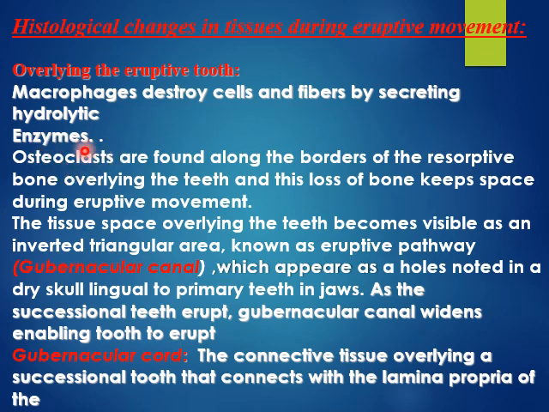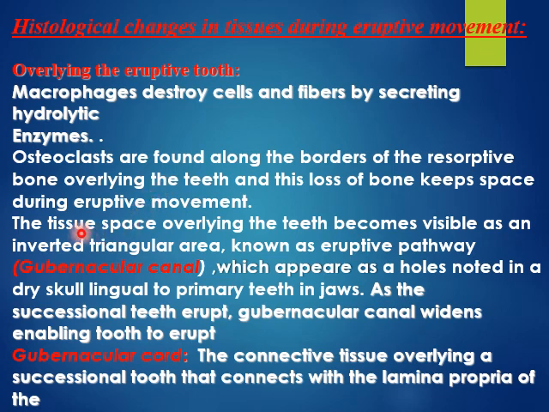Also, osteoclasts begin to function and are found along the border of the resorptive bone overlying the teeth, and this loss of bone creates space during eruptive movement. We need space overlying the eruptive tooth to get eruption. So the macrophages will start to function, osteoclasts also, and fibroblasts also, to degenerate the fibrous connective tissue above the